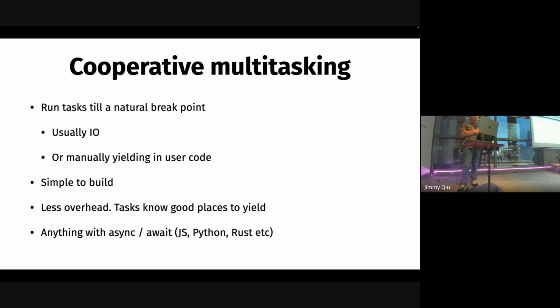It's simple to build. If you've got the runtime like this, it's pretty easy to put in place. It has less overhead. One of the good things about it is that tasks know when to context switch, so you don't have the overhead of preserving state and getting something else to run. You say, I'm done with this bit, let someone else go, carry on. If you see anything with an async await keyword, so JavaScript, Python, Rust, they'll work like this under the hood. Node.js is a classic example. It'll run a bunch of stuff until it gets to a natural breakpoint, usually some I/O, then it'll yield and let something else run. It runs one loop per thread, and then you can start multiple of them in process if you want to put some kind of hardware concurrency there.